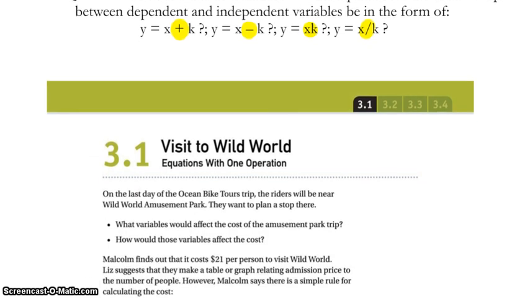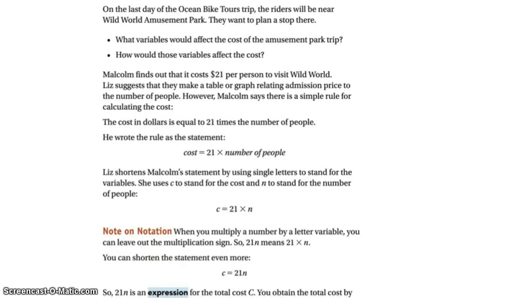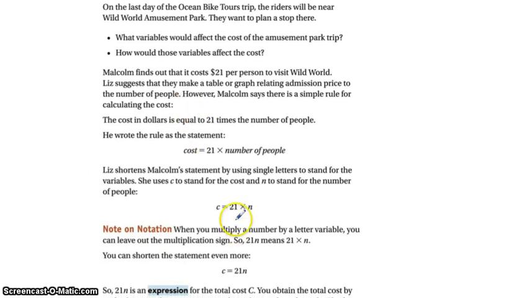Okay, so there's a few things that we need to learn about. In a situation like this where Malcolm finds that it costs $21 per person to visit Wild World, that would be per person. It would be 21 times the number of people. We can write that cost equals 21 times the number of people, that we shorten into C equals 21